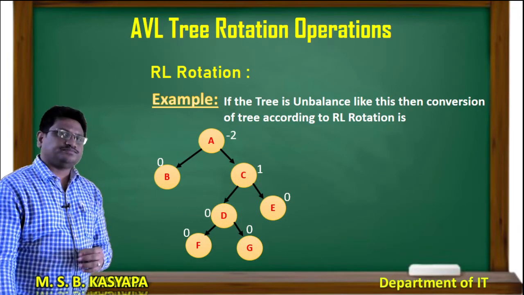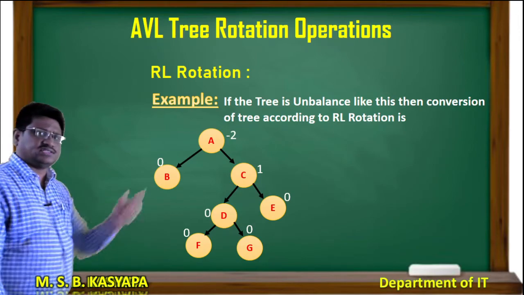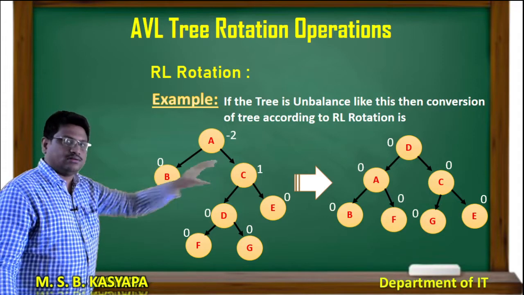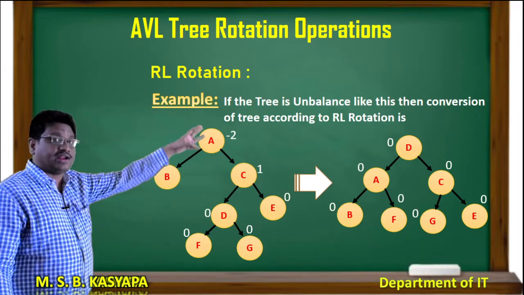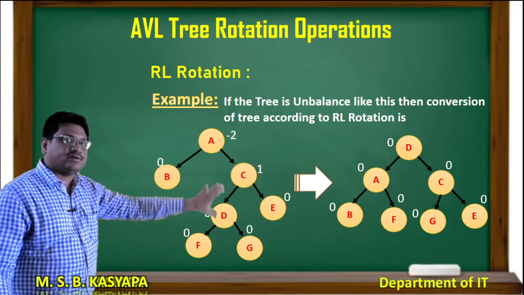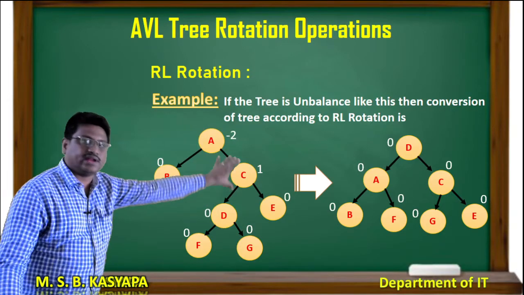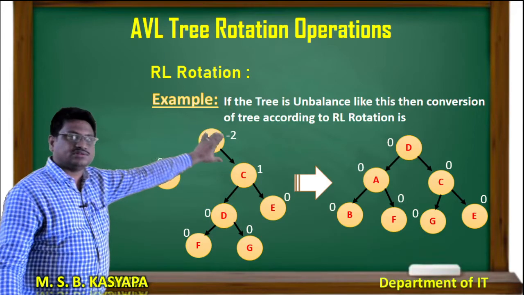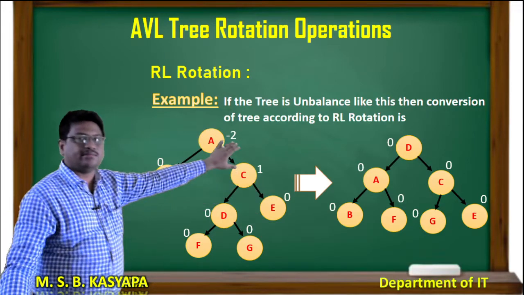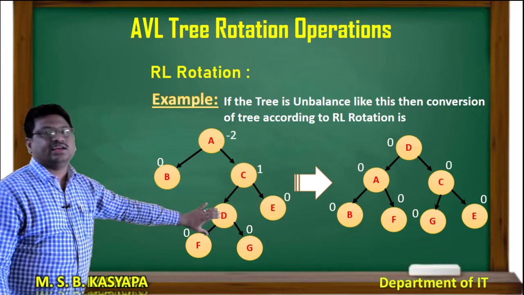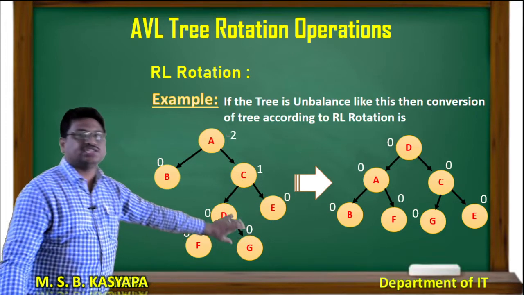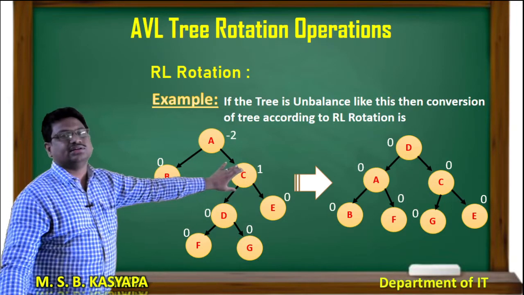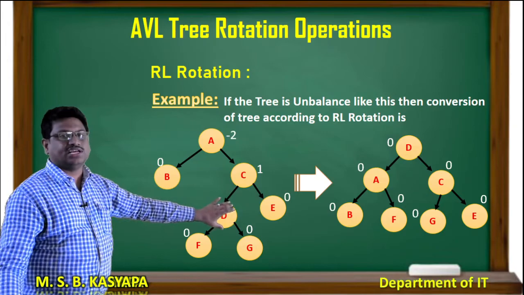Okay. Now, suppose it is like this, now C is the root node, am I right? Sorry, it is RL. So, RL means right, left. So, first right, first left. So, D is the root node. So, this left subtree remains the same, C and E, and if D has any right children, they are moved to this position. It will create a link with the C. So D is moving to the root node.